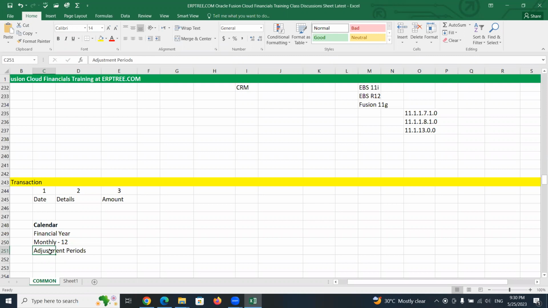So, three points. One is we have to know the country's financial year. Second point is the period type, monthly. Third point is adjustment periods, additional periods. So if required, you can have additional periods. If you look at reality, many clients are not using any adjustment periods. There are a few clients who are using adjustment periods, but always we have to recommend